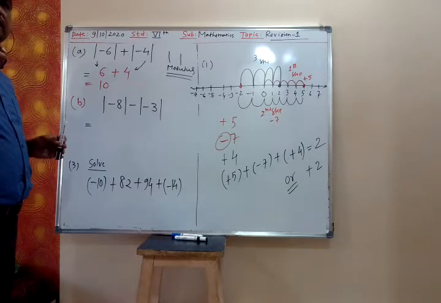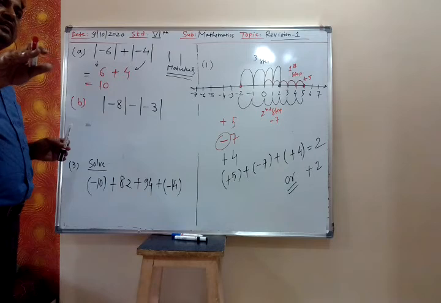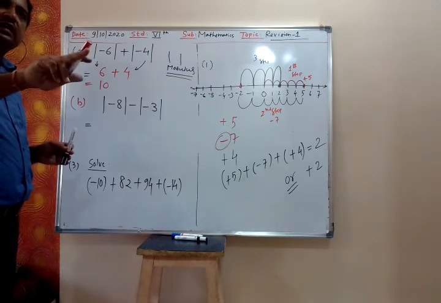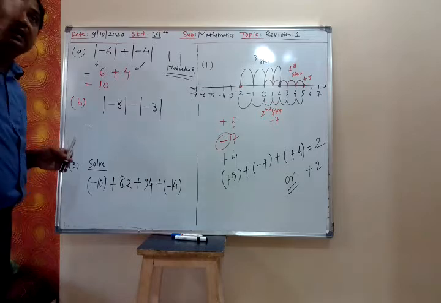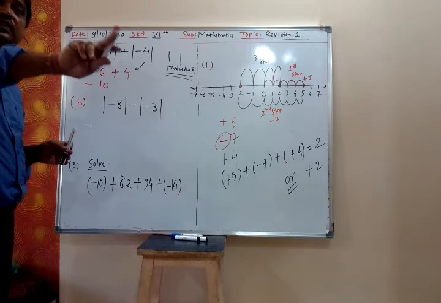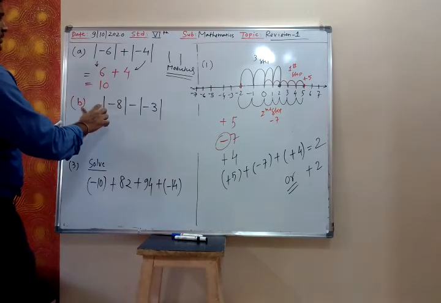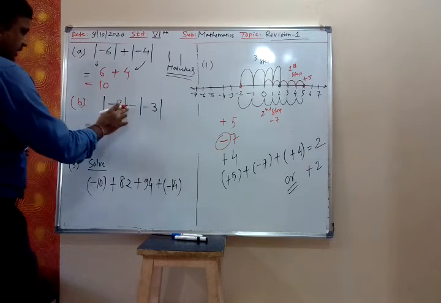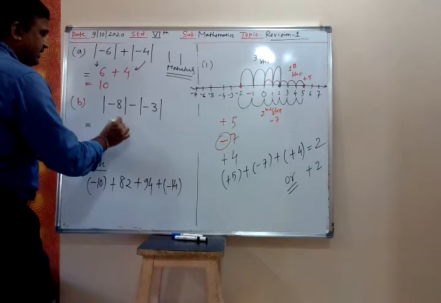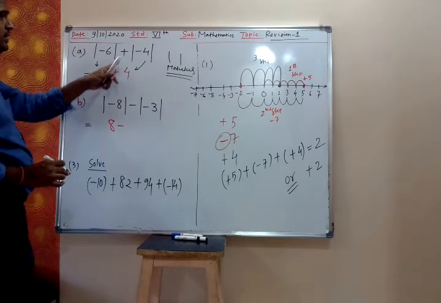If the number inside the modulus bracket has a plus sign or a minus sign, when we remove the modulus bracket, the plus sign number remains plus, but the minus sign number also becomes plus. So now we remove the modulus bracket. Minus 8 will become 8. Then the minus sign is already there outside. That outside sign we write as it is. The outside sign does not change.